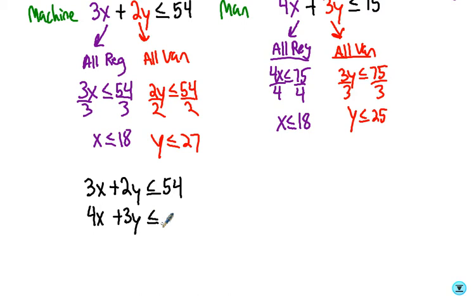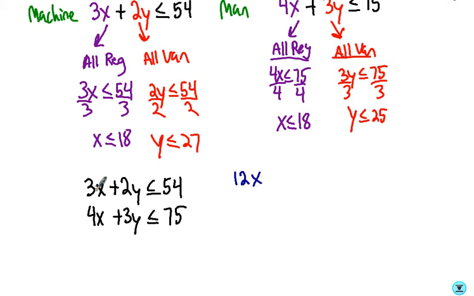and then I've got 4x + 3y ≤ 75. What I want to do here is eliminate either the x or the y. It doesn't matter which one, so we just pick one. Let's say I wanted to eliminate the x's. There's nothing I can multiply 3 by to make it a 4, so I've got to pick a number they both go into. Well, 3 and 4 both go into 12. So if I wanted this to be a 12x,